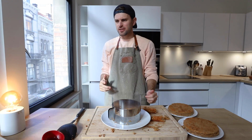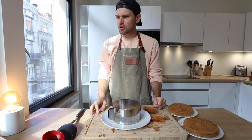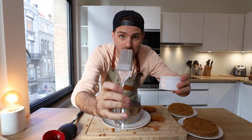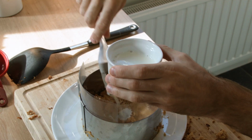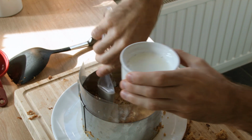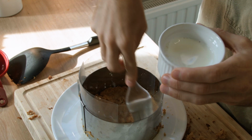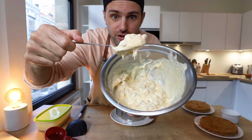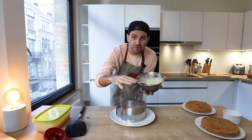Wait, isn't there some sort of milk soak? Do I need a milk soak? Now with some whole milk and a pastry brush, drizzle this milk on this bottom layer of cake. A nice, healthy bath. Now you're gonna take your graham cracker cheesecake and you're gonna spread half of it onto